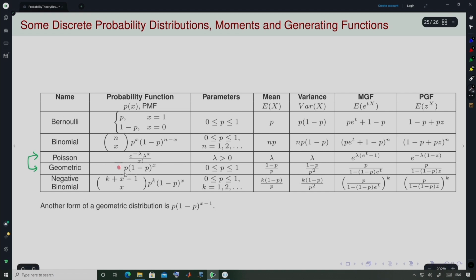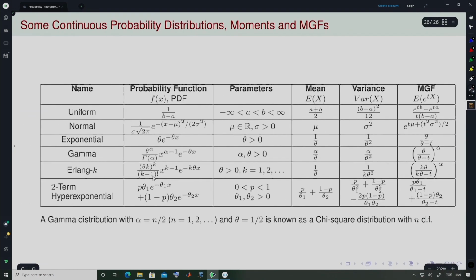Okay. And this is one form of geometric distribution. As you know, there is another form of geometric distribution also, which is written in this form. The difference being this x minus 1 here and x here: one denotes the number of trials required to get the first success, and the other one is the number of failures before the first success, right, if you have to distinguish between these two distributions. So, both these forms might be useful depending upon the scenario that you might encounter. So, this is all some of the discrete distributions and their moment generating functions.